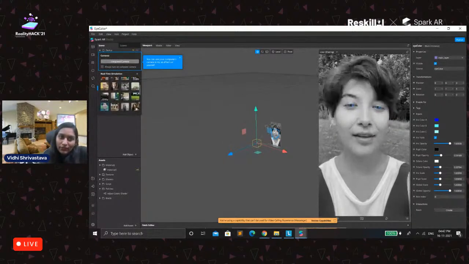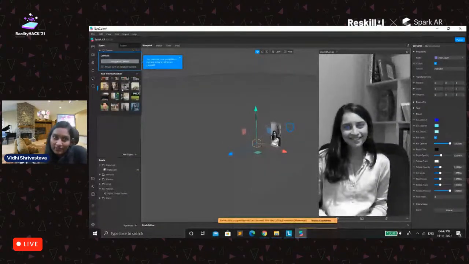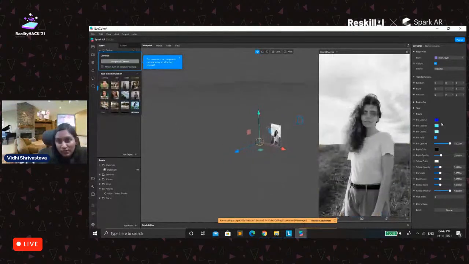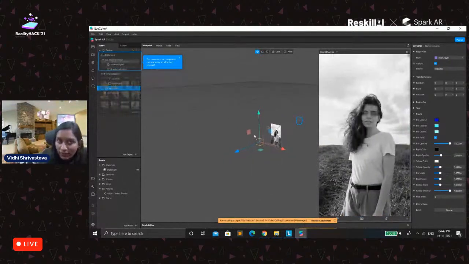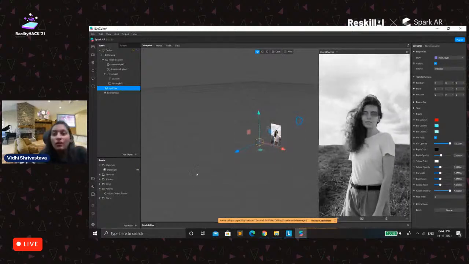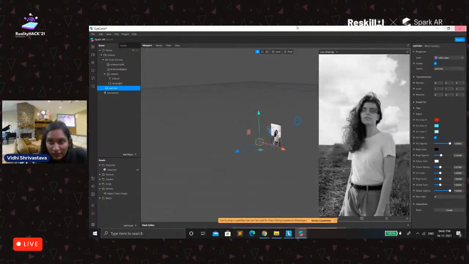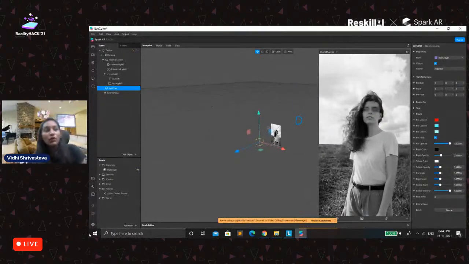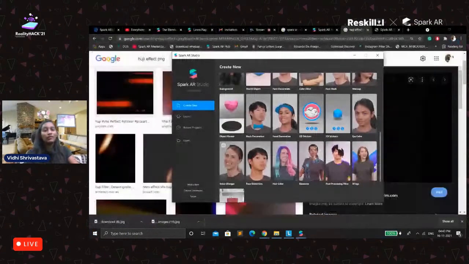Once you work on it, you start experimenting, and you will be able to see how it actually works and how it looks. You can play with it. For example, if you want the red color or something like ghost eyes, where you want the eyes to be quite larger and all that, you can do it. Just play around with it. So yeah, this was all about the basics of Spark that one should know in order to make filters, and it becomes really easy.